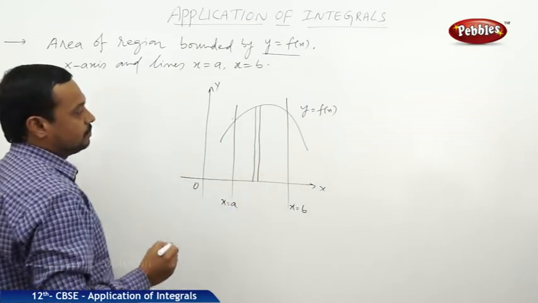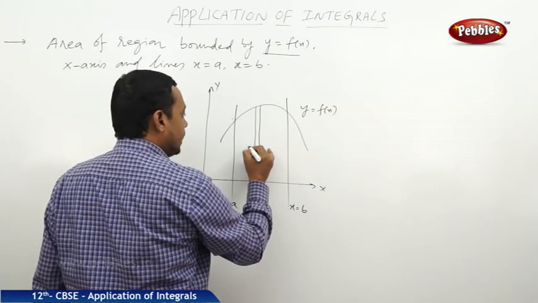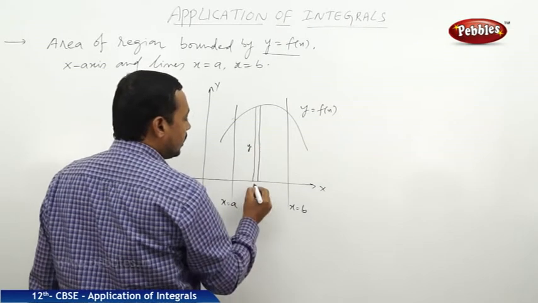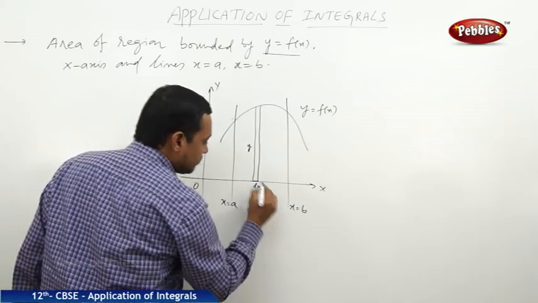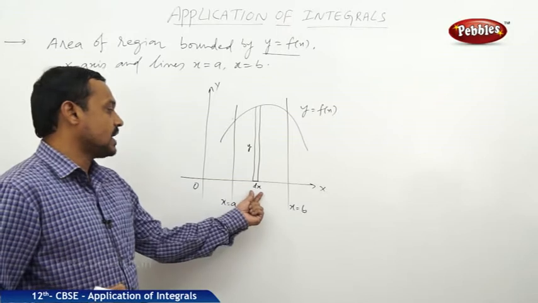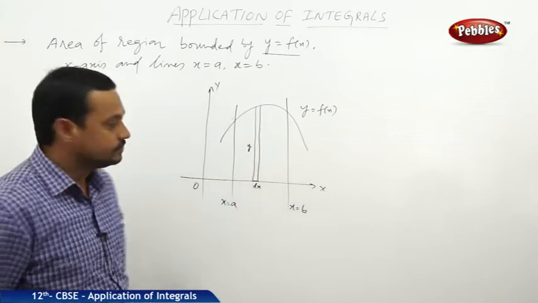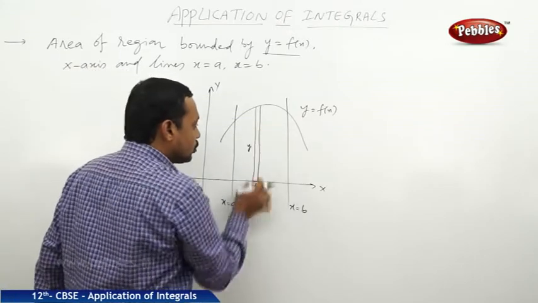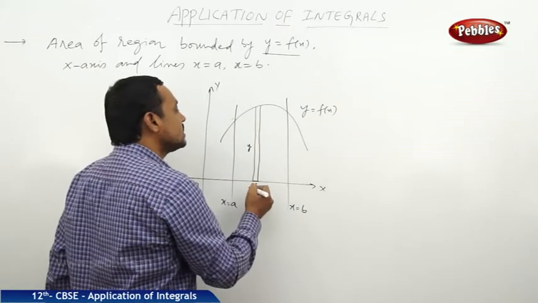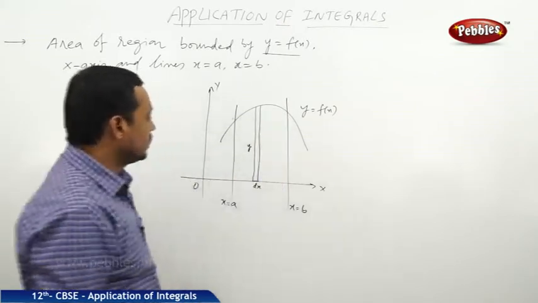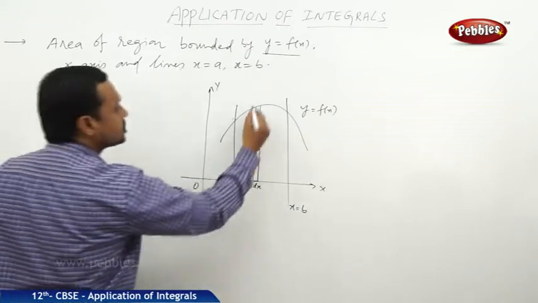It is a strip whose length or height is y and width is dx. Here dx means that it is a small negligible quantity in x. So now these two vertical lines are very much close, and y is the length of the strip. And now here the area of the strip